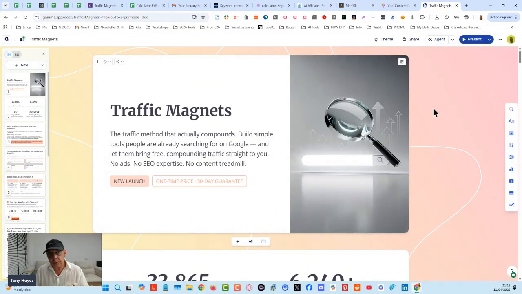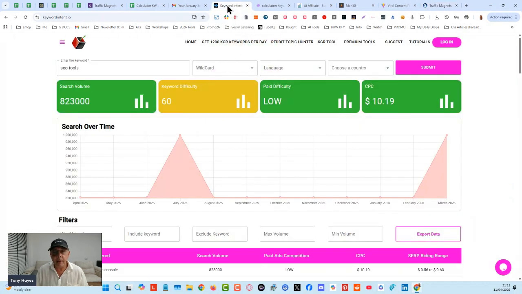If you have tools, then you are in the game. Here's why. What makes keyword intent get so much traffic? People spend time on the site. People are interacting on the site. The amount of time they spend on the site is getting picked up by Google Analytics and Google Search Console, and that's sending a positive signal to the search engines. That means you're getting higher rankings. Plus, a lot of people will send backlinks to free tools as well.